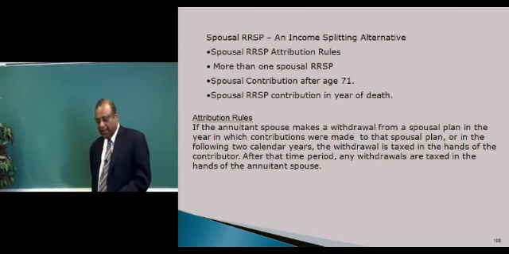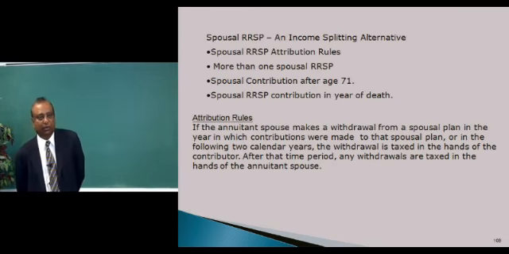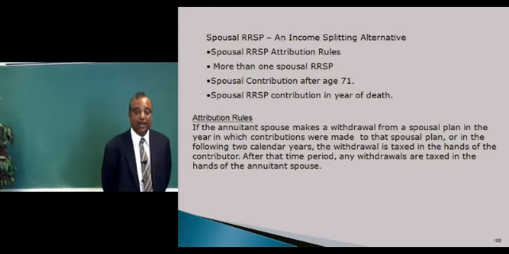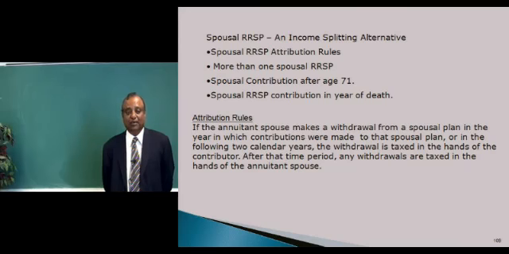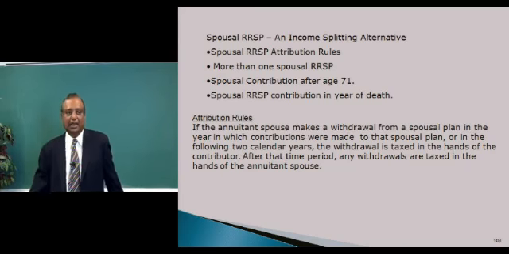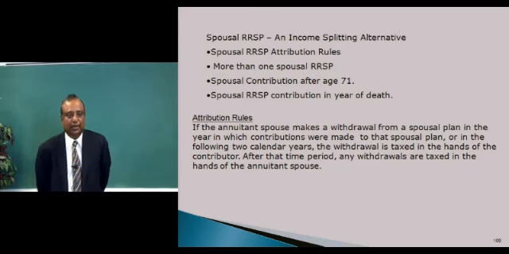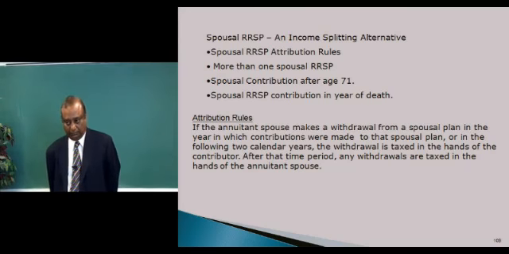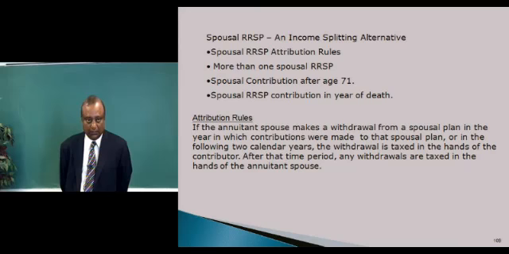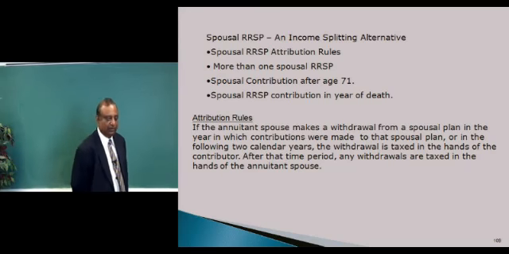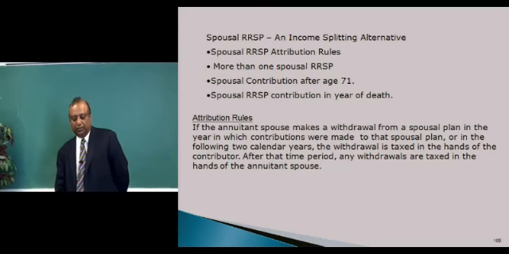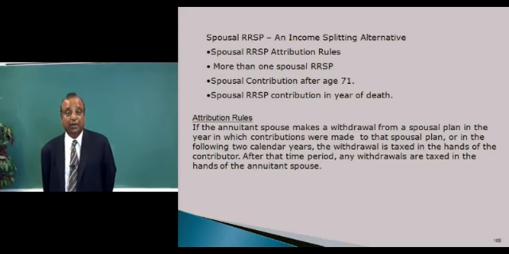Now, whatever room you have, you can contribute to your own RRSP or to your spousal RRSP. So if I have a total room of $20,000, I can split it however I want between my own RRSP and my spousal RRSP. The spousal RRSP is where my spouse is an annuitant and I am the contributor. The amount I can contribute is just dependent upon my room. It does not depend upon my spouse's room. My spouse may have a room, may not have a room. It doesn't matter. It's not taken into consideration. All I need is a spouse, and if I have a spouse, I can contribute to a spousal RRSP.